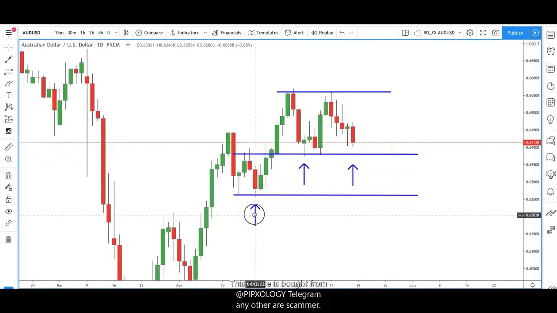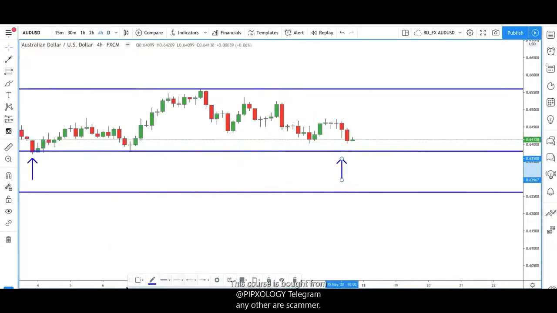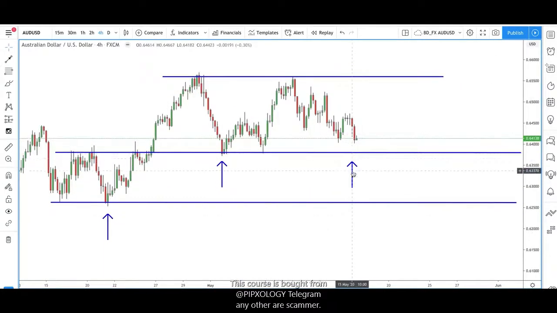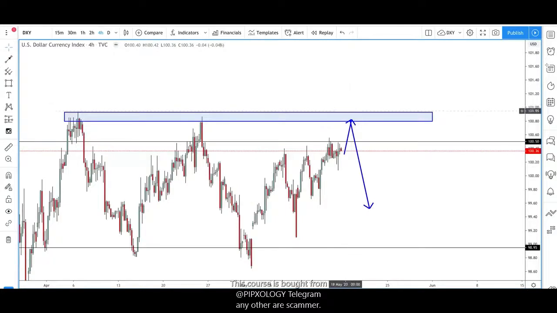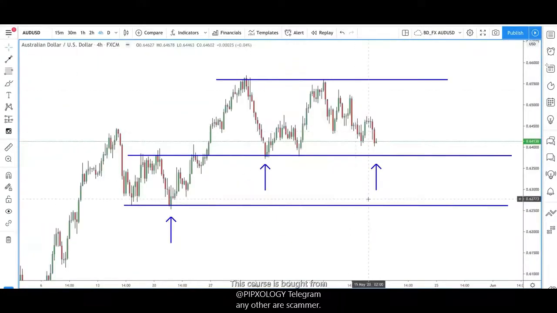So what I've got here, it's marking out the higher high, higher low, higher high, higher low. I haven't made a higher high, but will we come back down and make an equal higher low? Or can we make a new low, where we've made a lower low, lower high? So this area is going to be very, very important coming into the start of the week. What I'm expecting is price to come back down and test this level, but this is where we'll be watching very, very closely. If the US dollar does push and gain some strength at the start of the week, it will push, as I said, pairs like Euro USD down. It would also push Aussie dollar down.